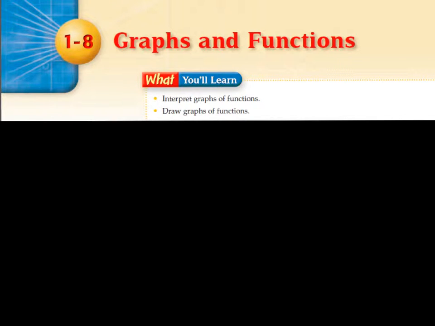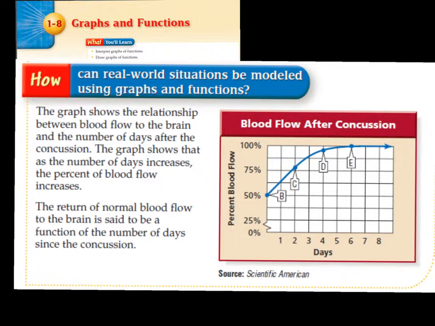In Lesson 1A, you will interpret graphs of functions and draw the graphs of functions. How can real-world situations be modeled using graphs and functions? The graph shows the relationship between blood flow to the brain and the number of days after the concussion. The graph shows that as the number of days increases, the percent of blood flow increases. The return of normal blood flow to the brain is said to be a function of the number of days